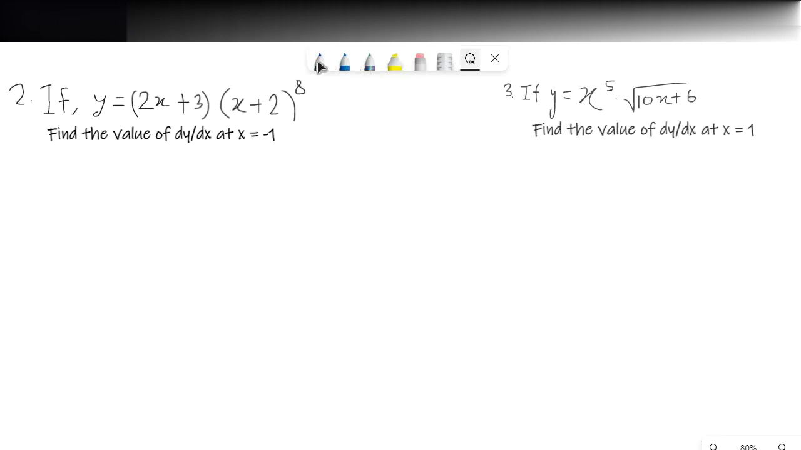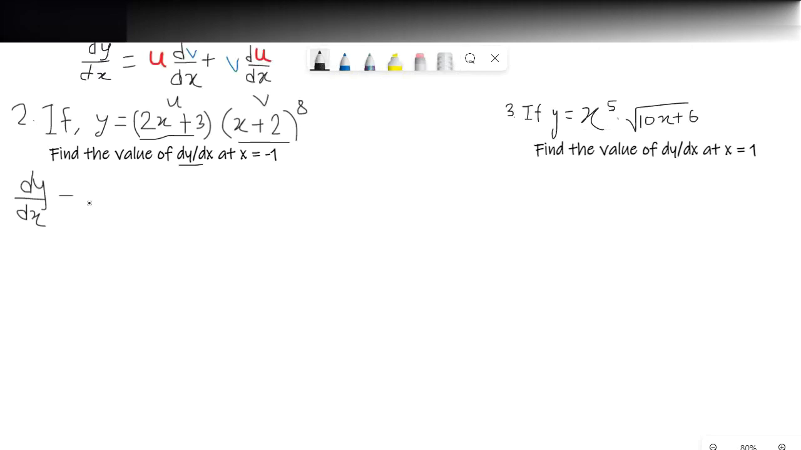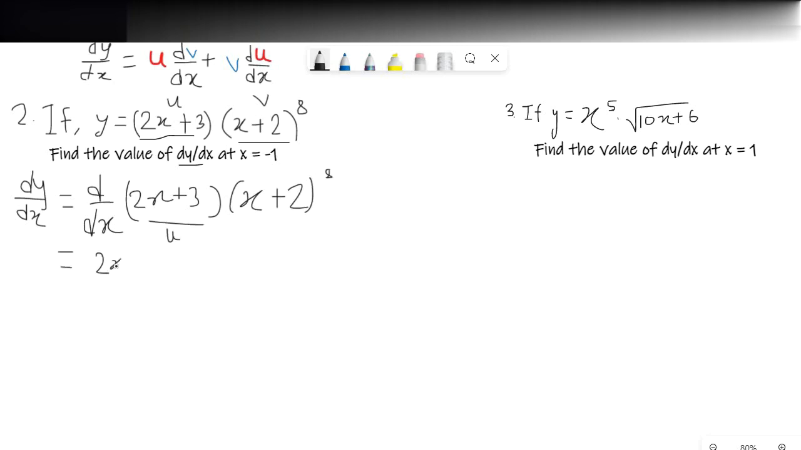So for number 2, we have to find out the value of dy by dx at x equals minus 1. Therefore, in this case we have d/dx of (2x plus 3) multiplied with (x plus 2) whole to the power 8. We get 2x plus 3 multiplied with the derivative of (x plus 2) whole to the power 8, plus v,